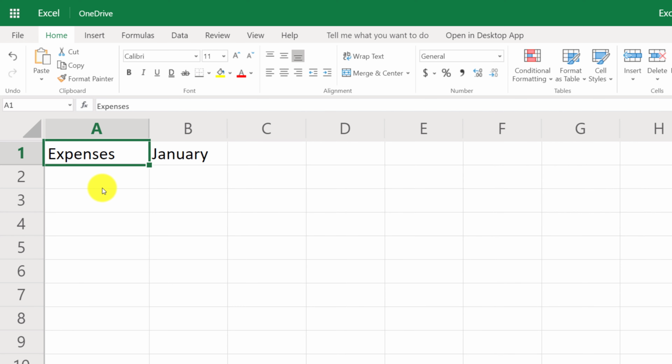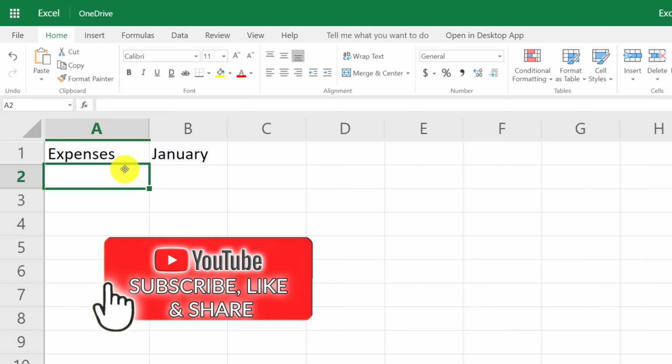You can always use the mouse to put the cursor into the correct cell, but using the keyboard is much faster, and if you learn how to use the keyboard, you will be much more productive in Excel Online. So we covered how to go from column to column, and this is by using Tab and Shift Tab. In order for us to go to a different row, you just hit Enter,